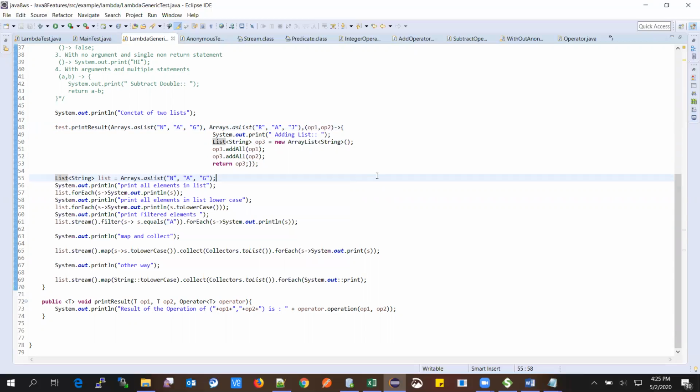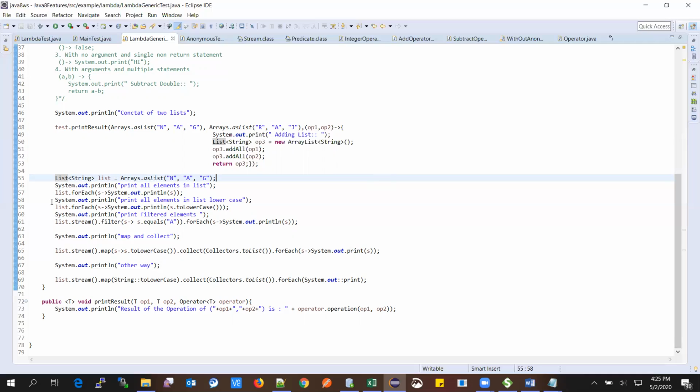Now, in Java 8, after lambda expressions, as I mentioned, our life became very easy. There are many functional interfaces introduced, and they are used in the Java 8 library. I'm giving some examples. Earlier, you know how we used to write for each. So now, how can we write for each?